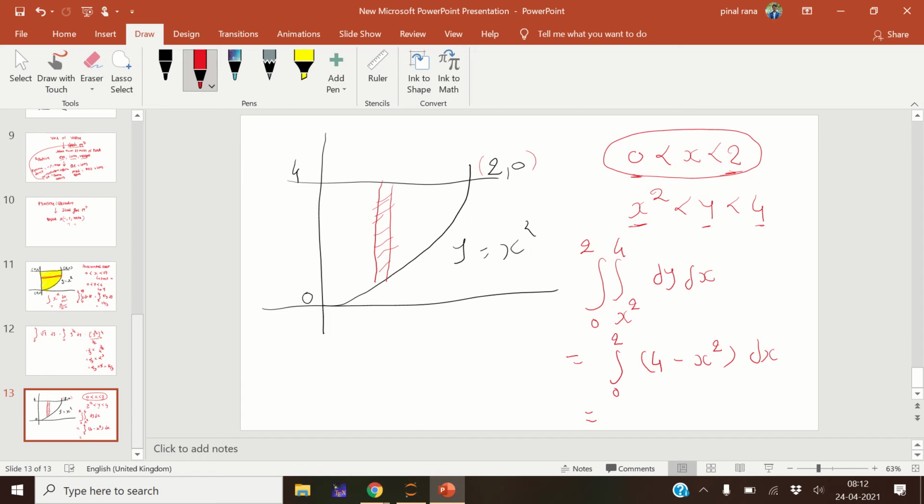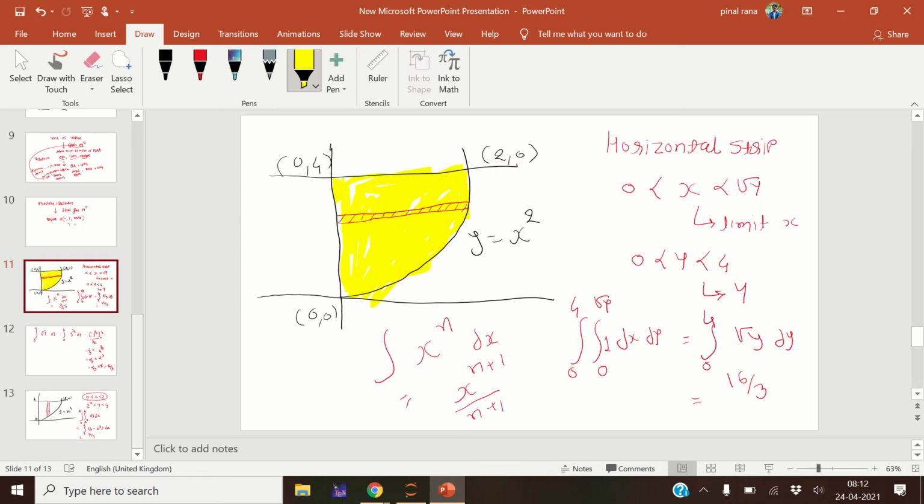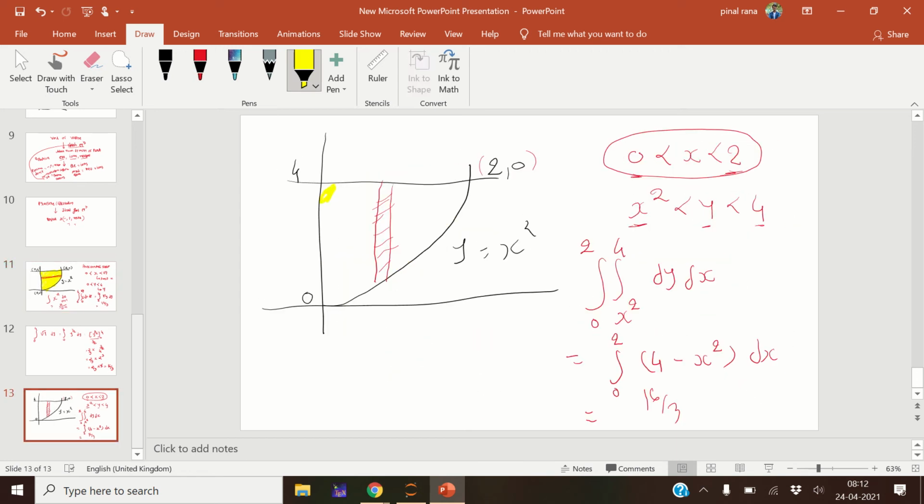Yeah, same answer, right? Why 16 by 3? Because we have calculated the same area just by a different method. In one case we have taken a horizontal strip, whereas in the other we have taken a vertical strip. So there is no difference in the answer because this is maths. Okay, now